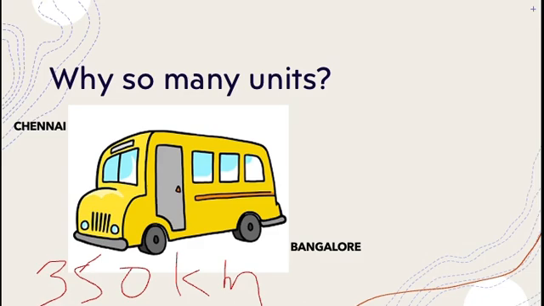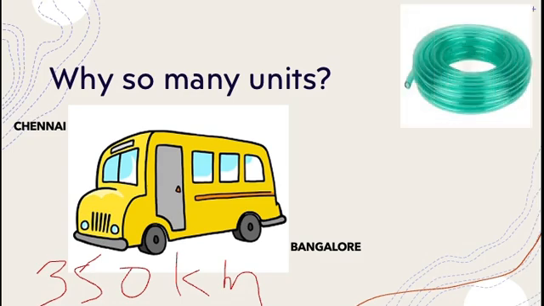Let us talk about another example. Let us talk about a plastic pipe. The water pipe looks somewhat like this, right? You can see the thickness of this. The thickness of a water pipe would basically be determined by the diameter. You can see the hole in between the pipe, right? It is taken as the diameter of the pipe.